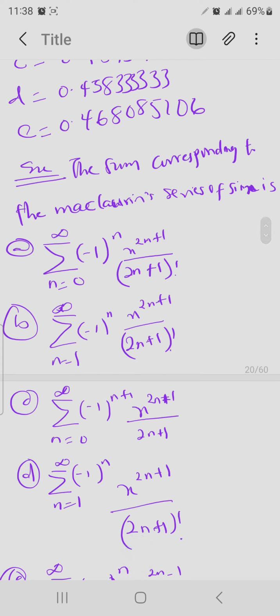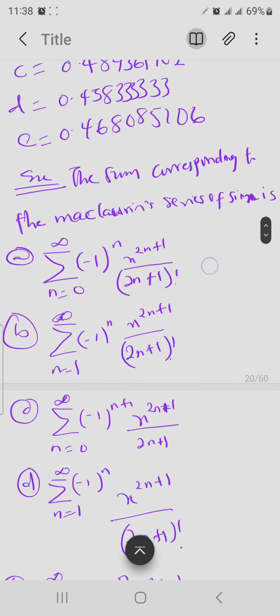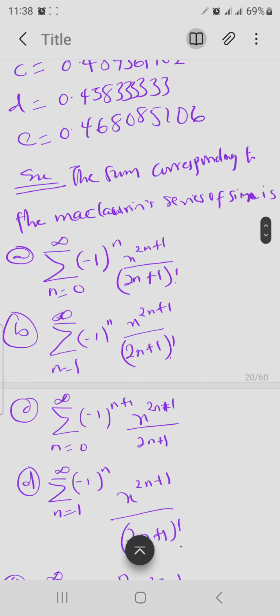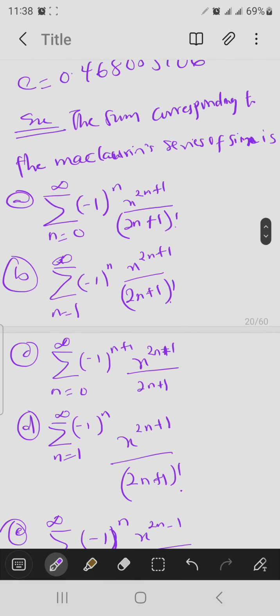So the next question is that the sum corresponding to the Maclaurin series of sin x is what? These options, all these options. What you are going to do is that you are going to insert n equals 0 in this function, by saying, this first one,